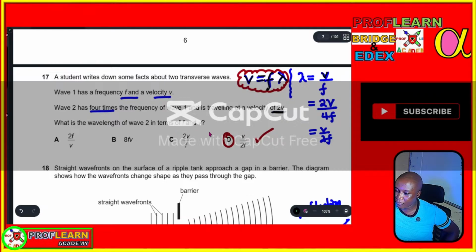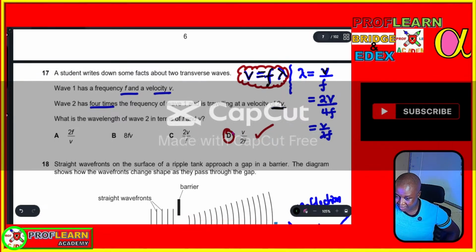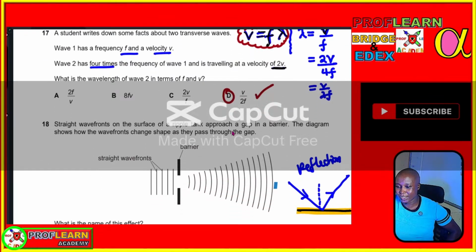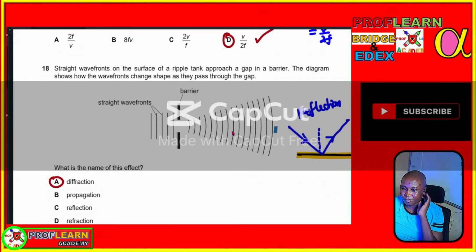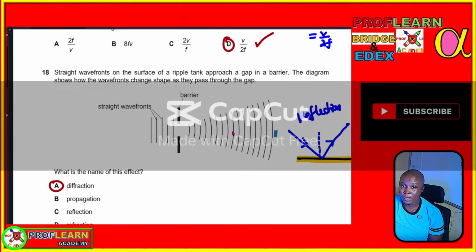So if you simplify this, you are going to get your answer as D. Question 18 says a straight wavefront on the surface of a ripple tank approaches a gap, and this is actually called diffraction. When a wave spreads around an obstacle, or as it passes through the gap, we are going to call this